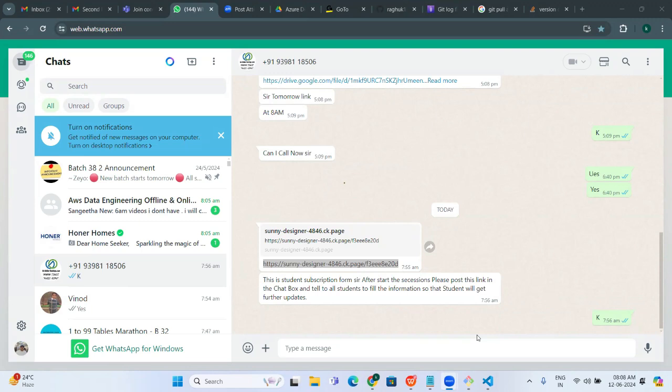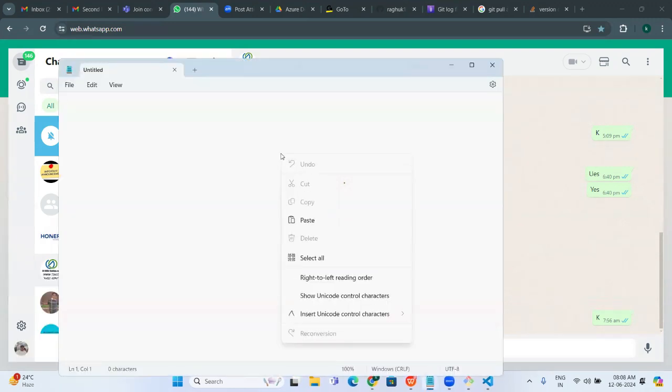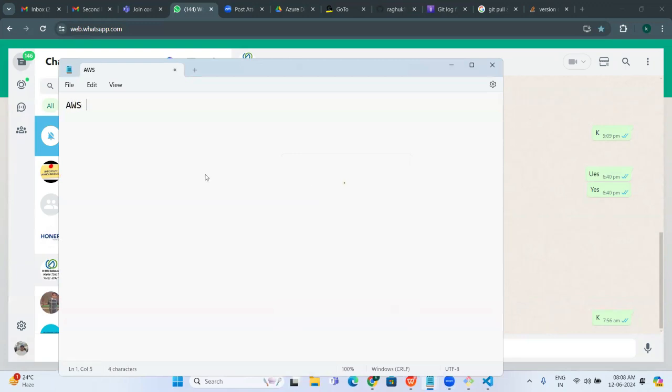So guys, we'll try to understand what exactly we are going to cover and how it is going to help you in your career nowadays. At this moment we are planning AWS with DevOps. Once we are done with AWS, we'll start a new session with Azure as well. But at this moment we are focusing on AWS.